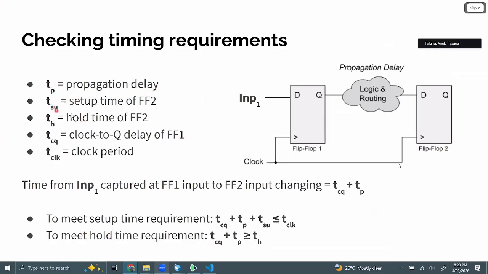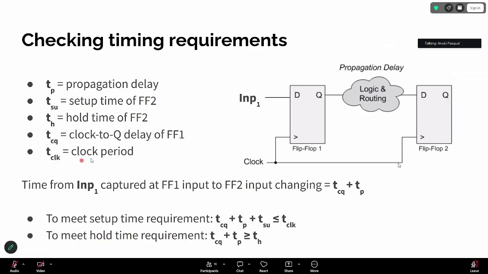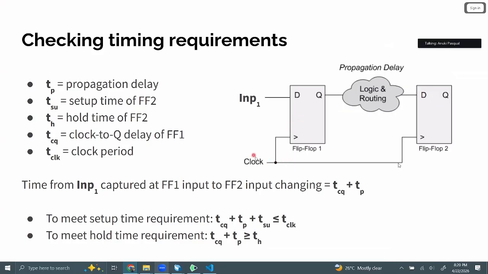So these are all the times that I introduced: propagation delay, setup time, hold time, clock to Q delay, and T clock is the clock period. So here I have 2 flip-flops. The same clock is going to both of them. Clock period is the time between 2 clock edges. So here